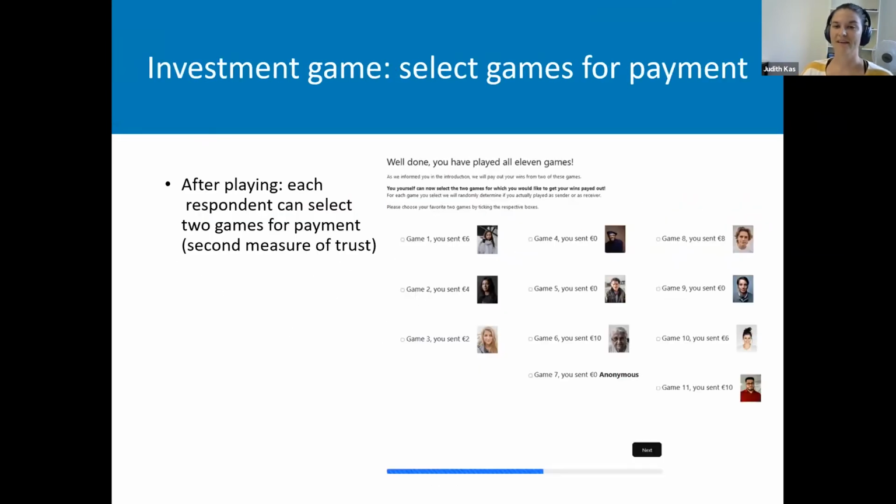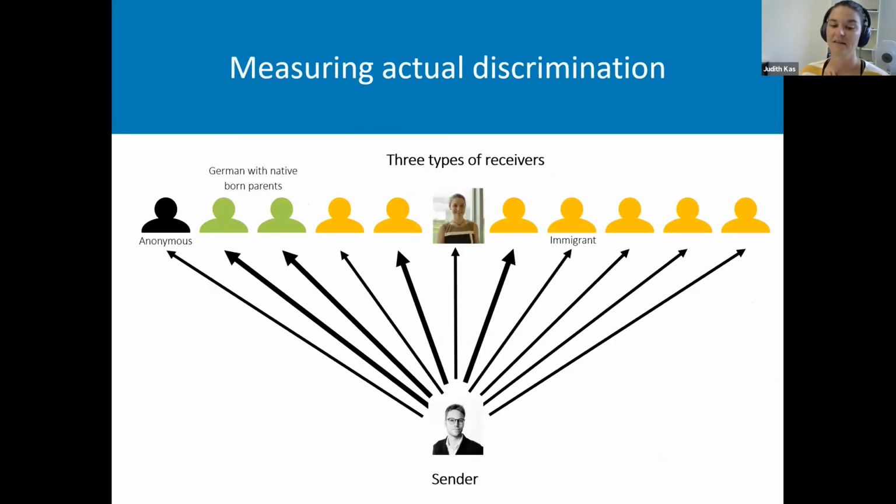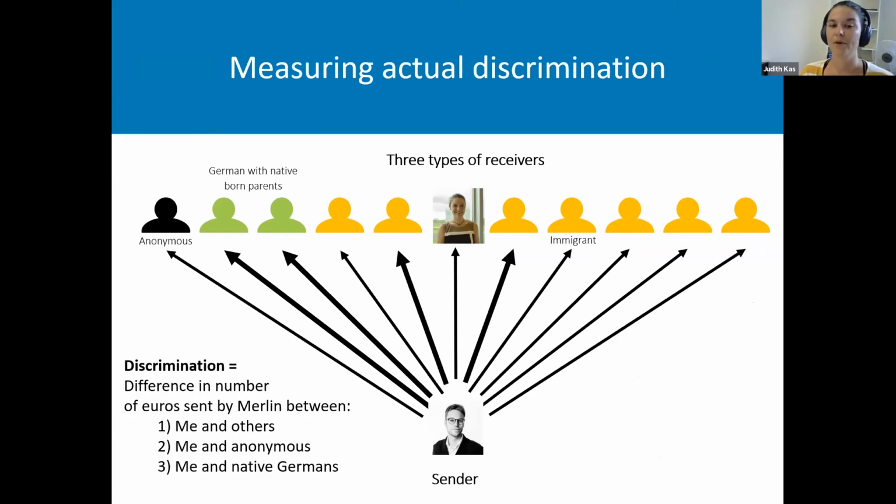All right. I've now explained the game, which is a measure of actual discrimination, and I'll now explain how we actually calculate actual discrimination based on all these measures. So in this example, we have Merlin, who's a native German, as the sender, and myself, who's an immigrant in Germany, as the receiver. And if we're going to calculate how much I am discriminated by Merlin, we'll compare either